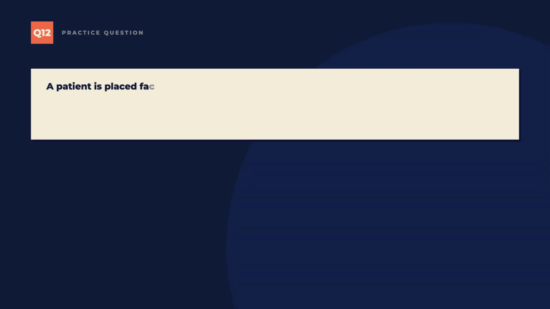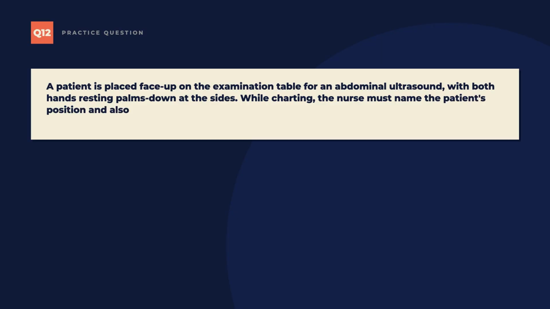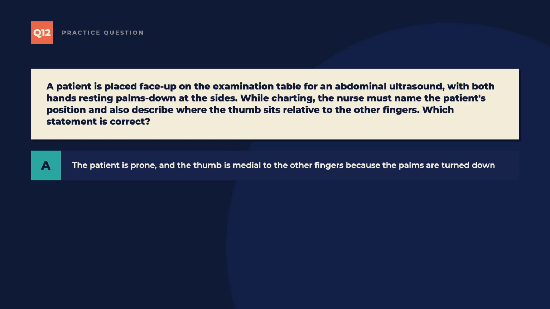Question 12. A patient is placed face up on the examination table for an abdominal ultrasound, with both hands resting palms down at the sides. While charting, the nurse must name the patient's position and also describe where the thumb sits relative to the other fingers. Which statement is correct? Your options are A. The patient is prone and the thumb is medial to the other fingers because the palms